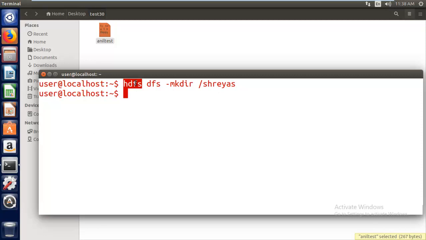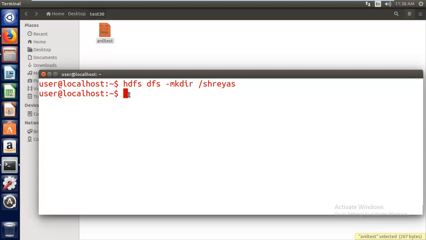So how can I copy? For that I can use the simple put command or copyFromLocal. Both give an equal result; actually both perform in a similar manner here.